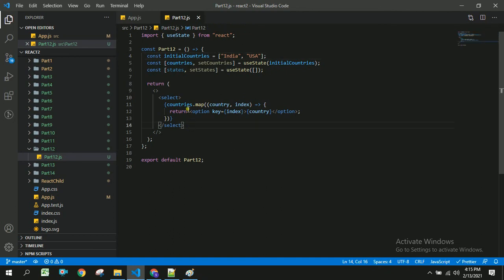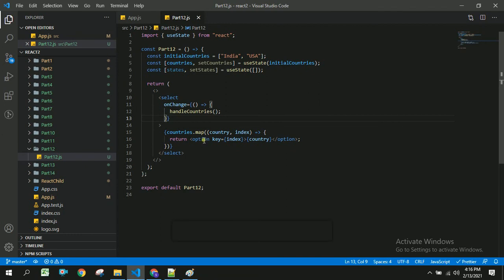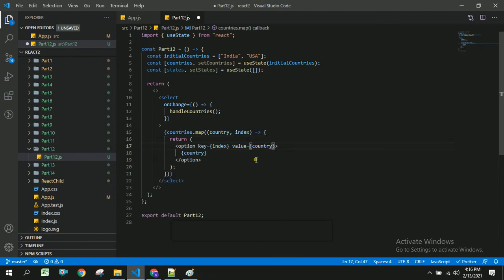So once the user changes this, the on change event handler will be called. I am going to call a method called handle countries. And here we have to mention value as country. And I am going to place another option called select.